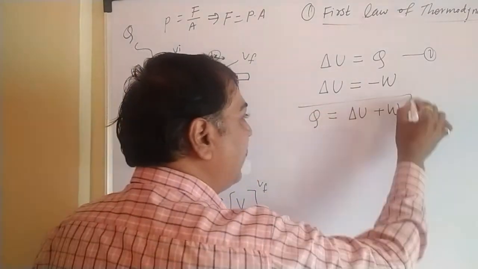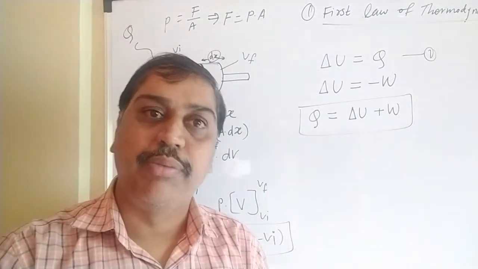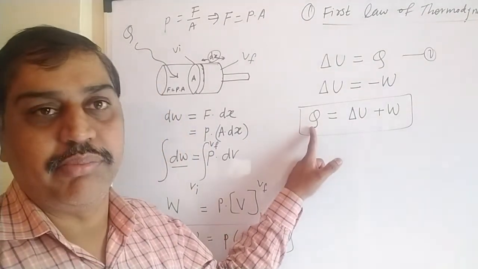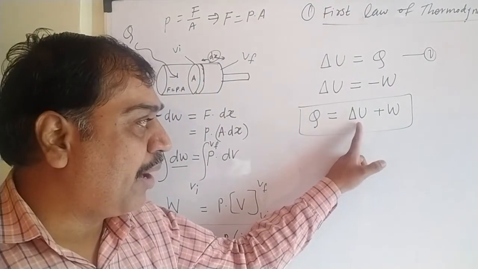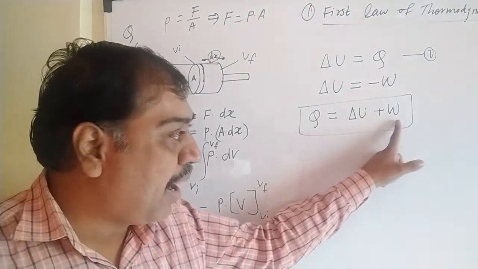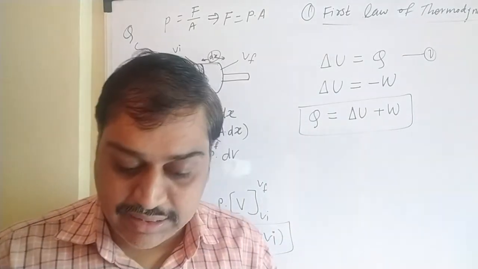Now this equation is nothing but a mathematical statement of the first law of thermodynamics, which says that some part of the energy supplied to the system is used to increase the internal energy and the remaining part is used to do the work done. So this is nothing but a mathematical statement of